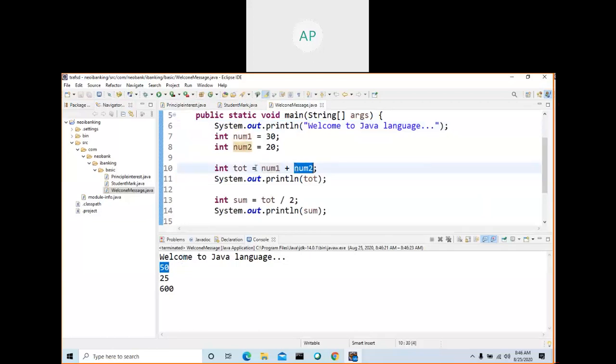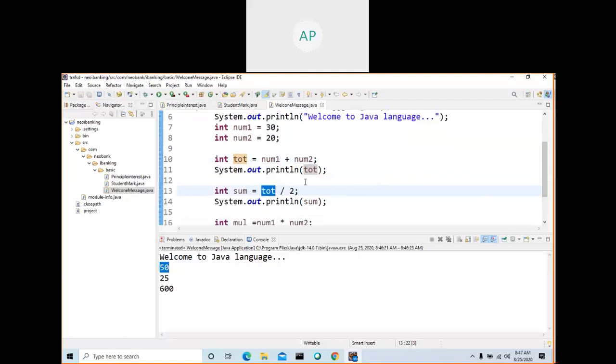because you are assigning number 1 and number 2. Whatever the expression is on the right hand side of the equal sign, there is something on the left hand side and something on the right hand side. The right hand side is evaluated first and then assigned to this variable. This variable type is integer. A variable is only to hold the values.